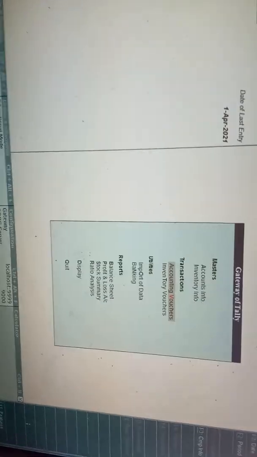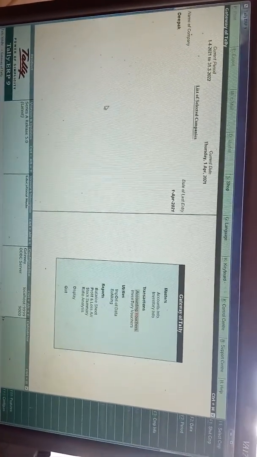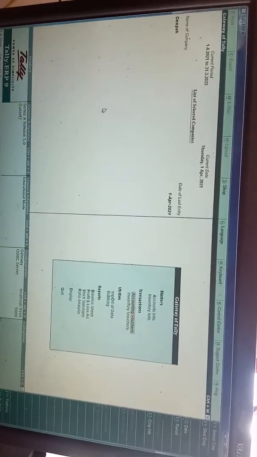See, my dear students, recently there was an exam in Osmania University. There was one direct question on what is the meaning of debit note and credit note in Tally ERP9, and how to activate debit note and credit note. At a glance, again I want to say, debit note and credit note are important source documents. These documents are prepared and issued at the time of purchase returns and sales returns.